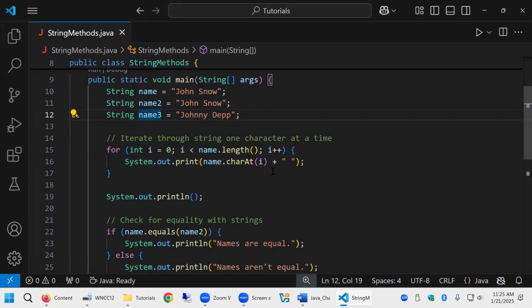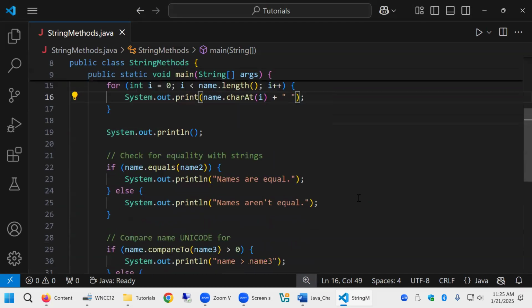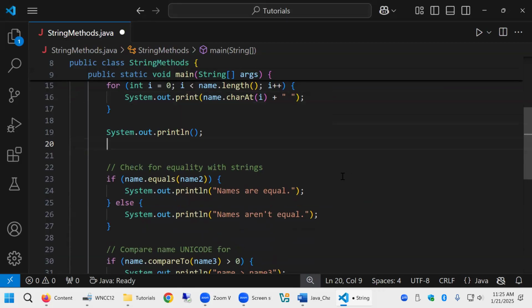It's indexed. So I start at 0. I get the first character, J-O-H-N space S-N-O-W. Space is a character. Anything you type on the keyboard and many things you don't type on the keyboard are all characters. So this will go through one at a time and print each of them separately. So far, so good. And I put a space between it just to show that, yes, that indeed is what's happening. Before I do this, I should say,